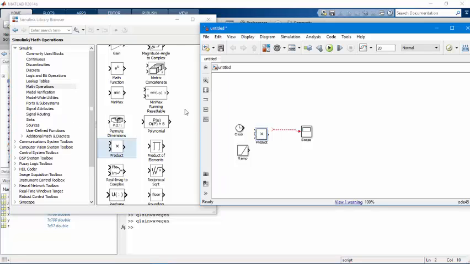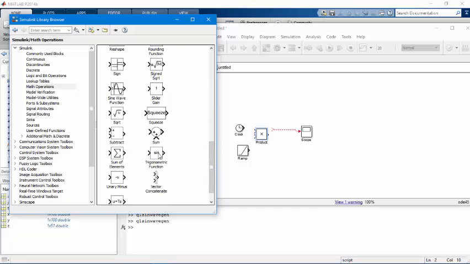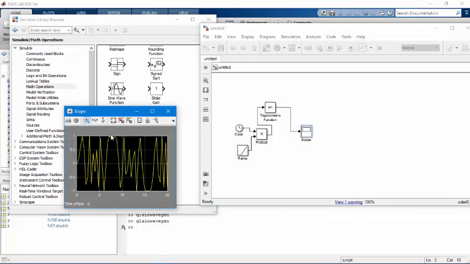And finally I will need a sine block to put the function in sine. And we have a frequency varying sine wave.